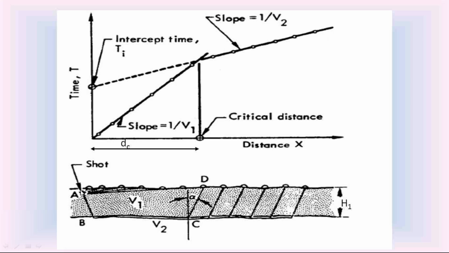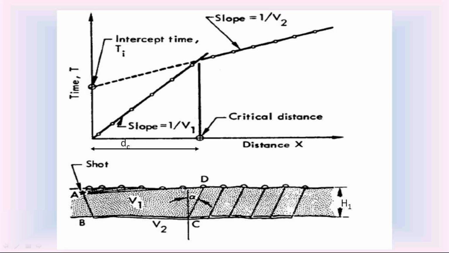So check this diagram carefully. This is the source. Here we create the shock waves by impacting the metal plate with a hammer. Due to that, the shock waves will travel into the ground. Some shock waves traveling only in the first soil layer are received by some geophones arranged on the ground level. These geophones convert the shock waves into electric pulses. It is sent to the seismograph. The seismograph notes the time of receiving those shock waves by these geophones. From this source, note down the distance of these geophones. First geophone, second, third, fourth, fifth, sixth.